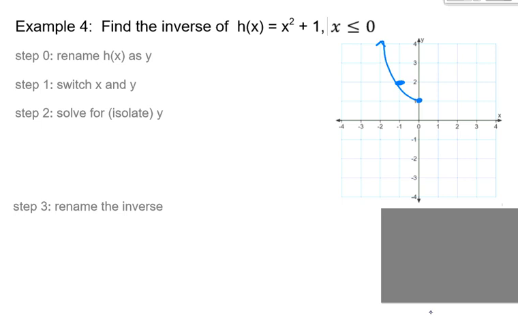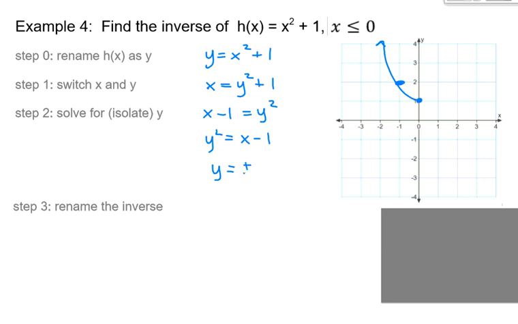Okay, so let's go through the process. Rename h of x as y. So we have y equals x squared plus 1. Switch x and y: x equals y squared plus 1. Solve for y, so subtract 1 from both sides, and I'm just going to rearrange: y squared equals x minus 1. Square root both sides. This is exactly what we did in example 3, but it's going to end a little